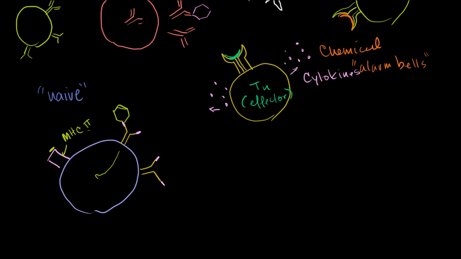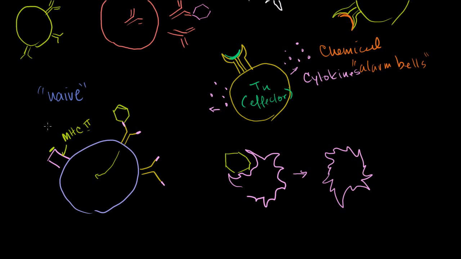So you can imagine someplace else in the body, this virus was eaten by a dendritic cell. So I'll draw a dendritic cell like that. This exact same species of virus is eaten by that dendritic cell. The dendritic cell eats it up, cuts it up, and then presents it on an MHC. It's an antigen presenting cell, so it presents it just like that.